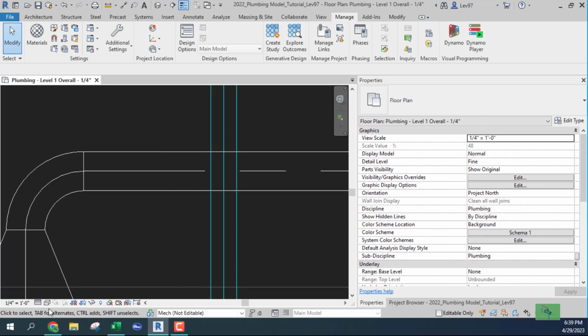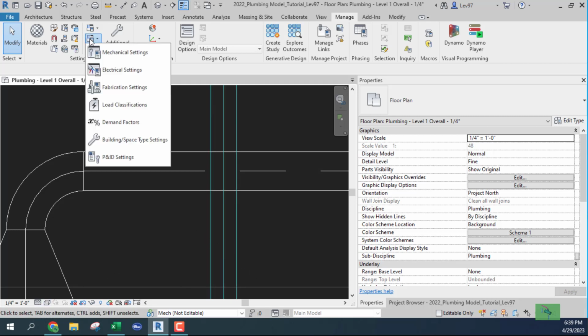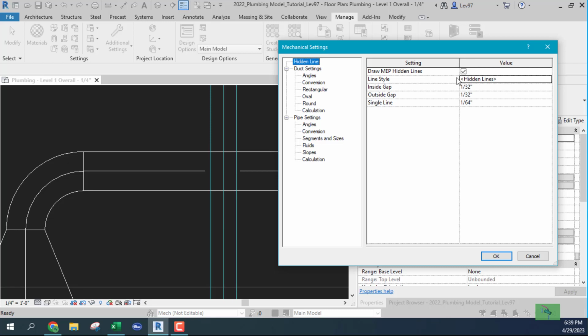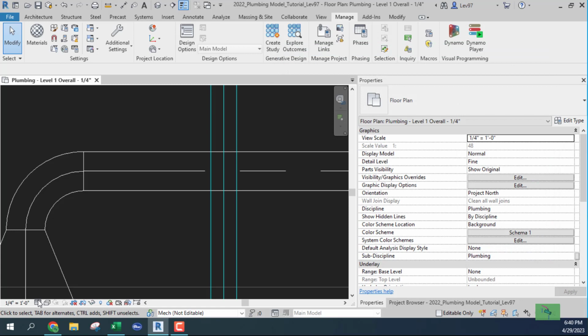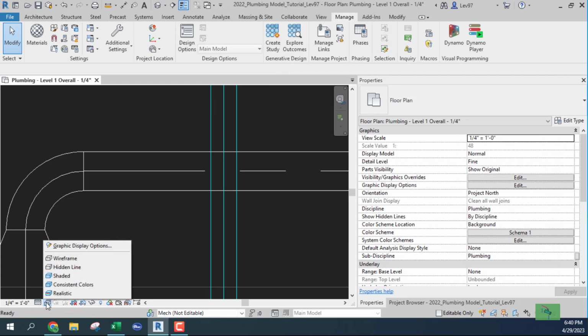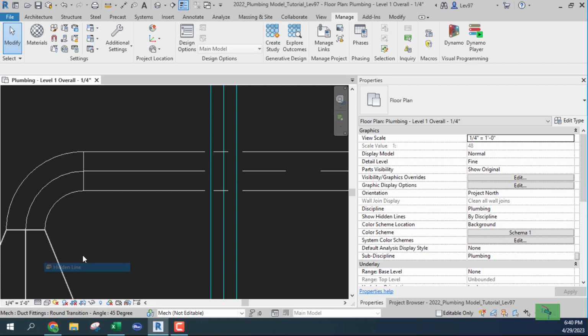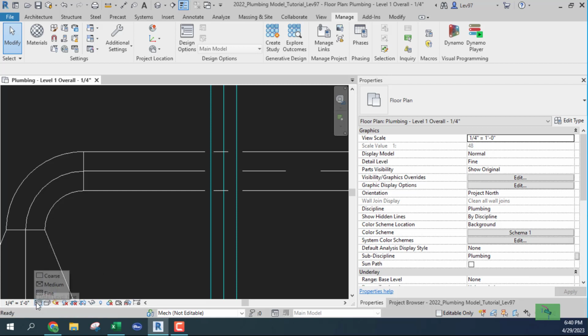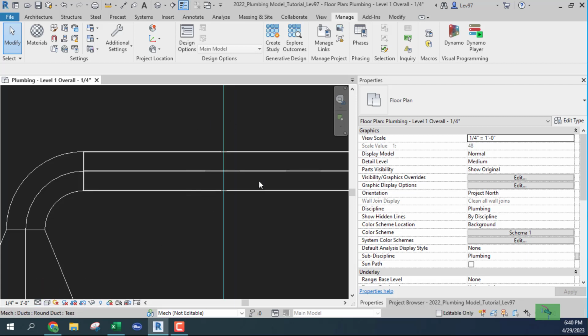So be sure these parameters are correct. And this line style, you might want to make sure that line style is hidden line. Okay, so if it's hidden, say okay to this. Go back to hidden line. I think that's what I want. Medium is not going to give it to me. But you see the duct splits